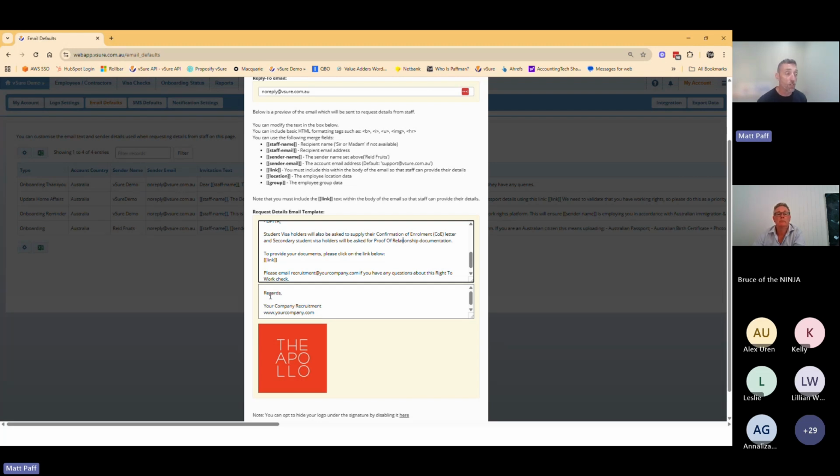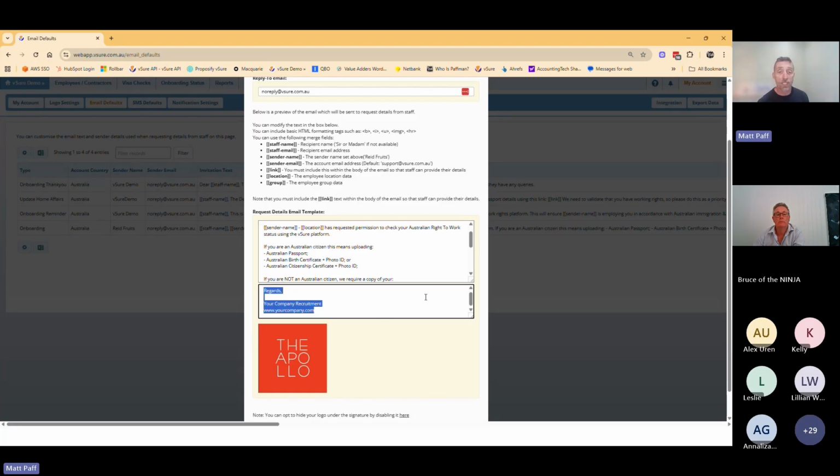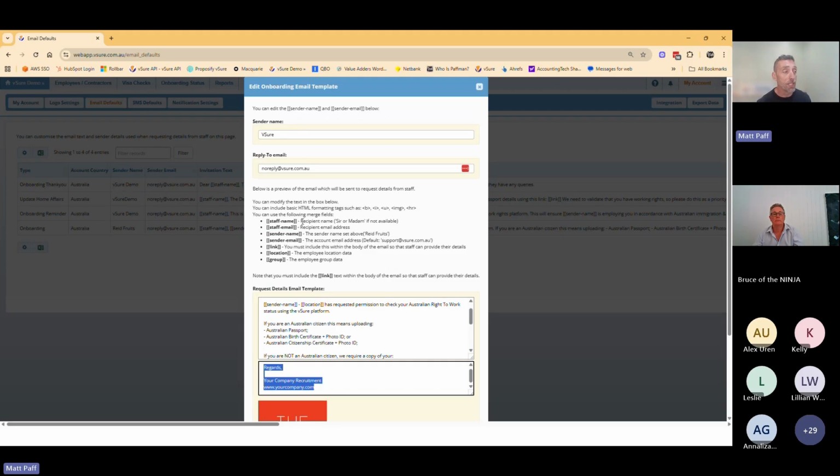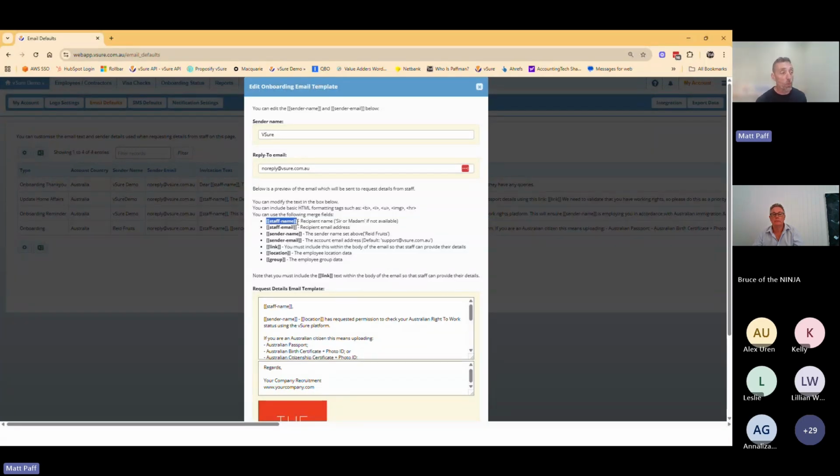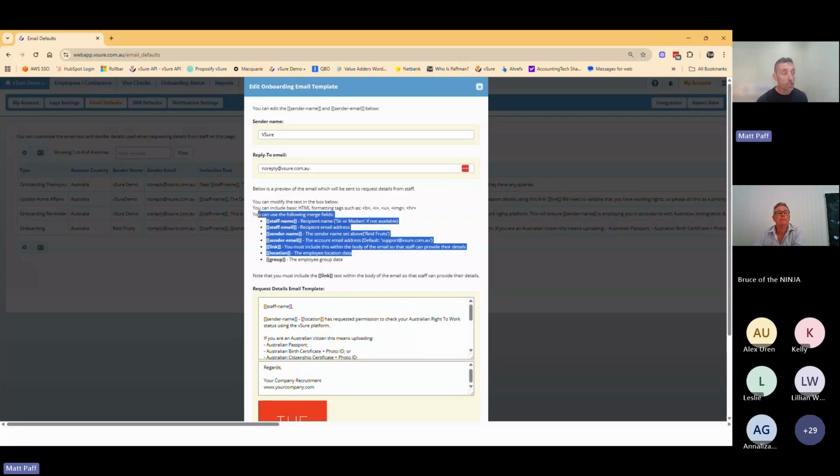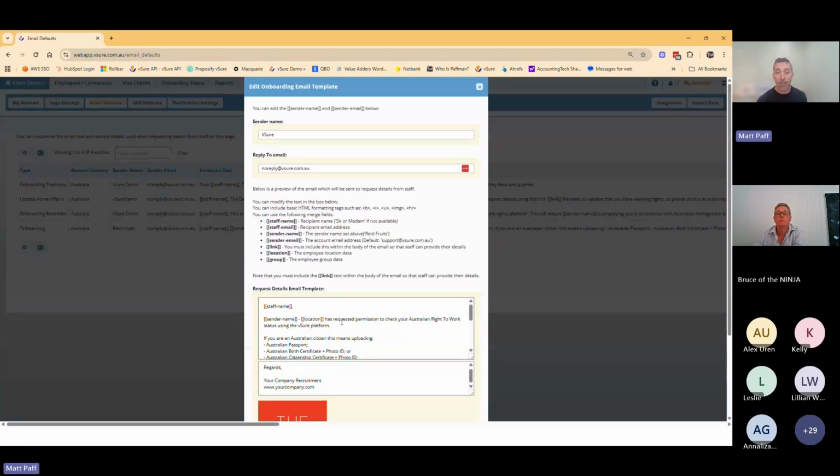You'll also notice that you've got the ability to tailor the footer of your emails. Make sure that's got your details in it, not ours. The system does default to our details, but it really should be your team. The other thing I want to bring to your attention with the templates is these mail merge fields. If you're familiar with Microsoft Word, there is this concept of mail merge. Well, anything in these square brackets that's listed up here can be used as a part of the template.